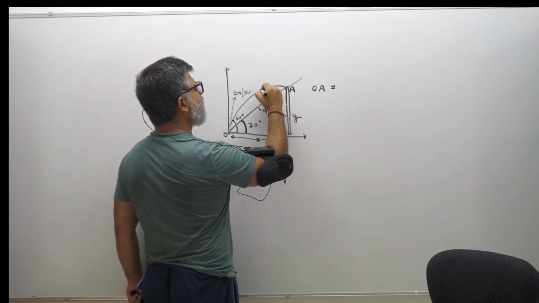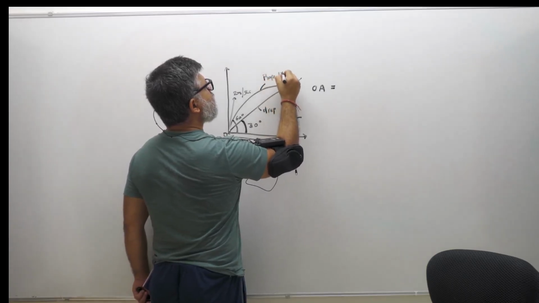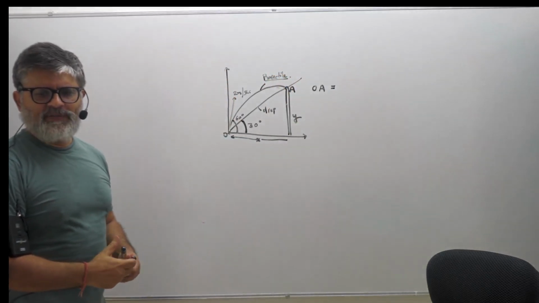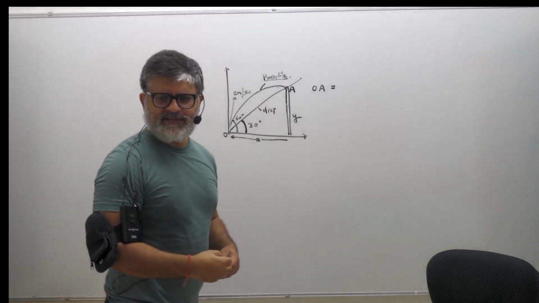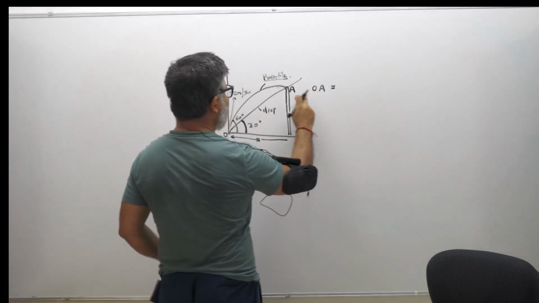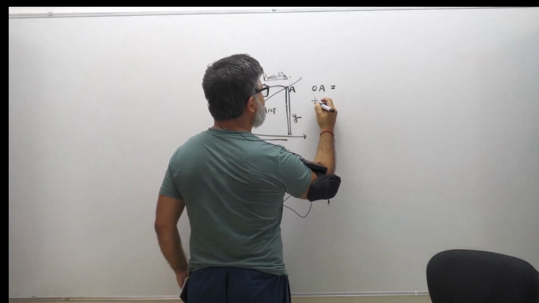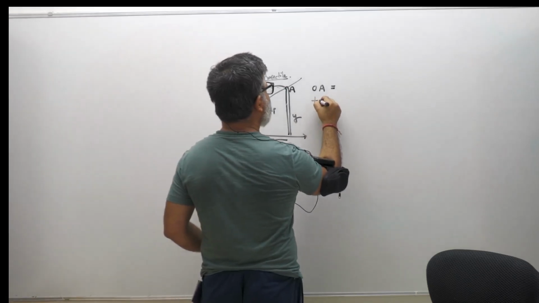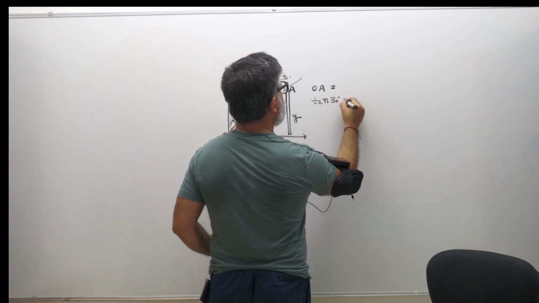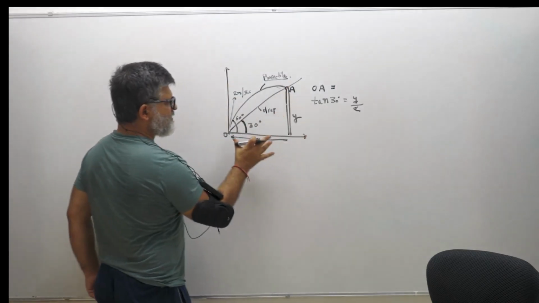This is a real projectile which is being referred to. I hope you can see that. It's not coming out very dark, but nonetheless, let's see. All right, so this is one situation. If I want to write tan 30 degrees, that is going to be y upon x, right? This is my y, this is my x.